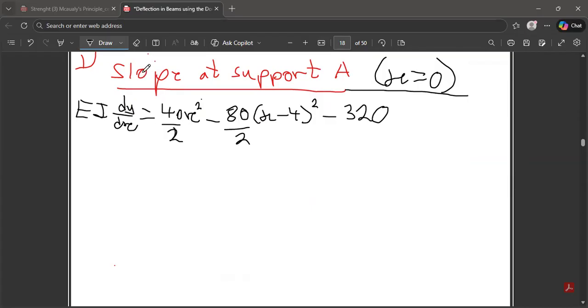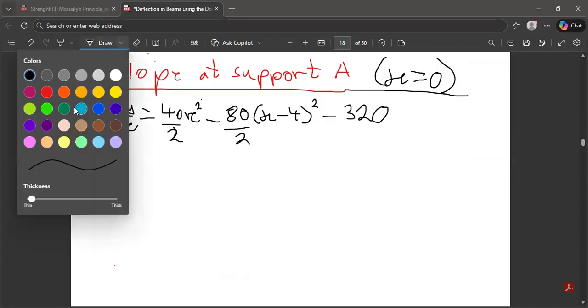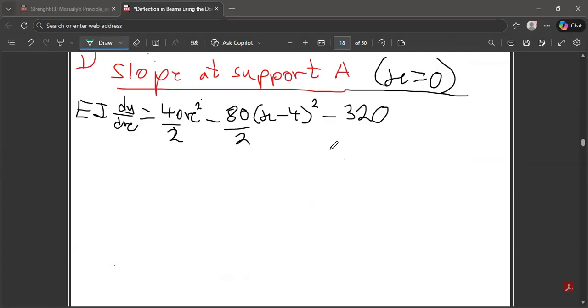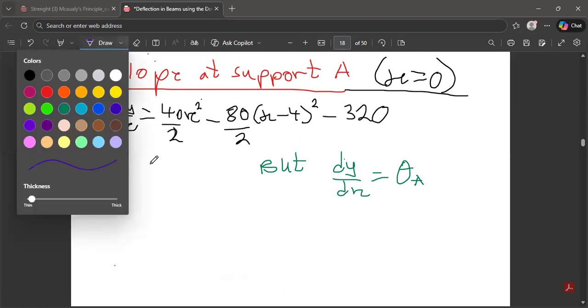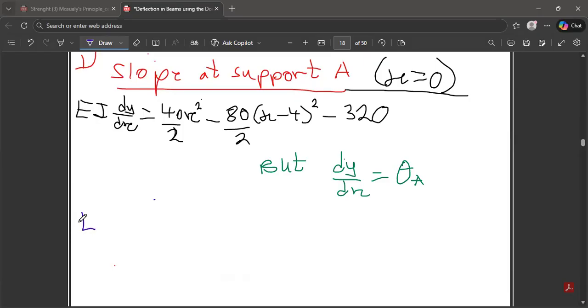Your dy dx, since I already told you that it is the same as the slope, is the same as your slope at A. Don't get confused. So in place of that, I'm going to just be writing theta A. So finally, you can see that our EI times theta A is equal to,